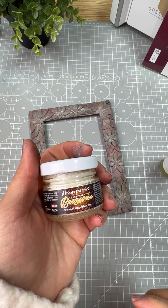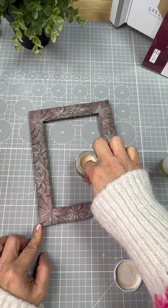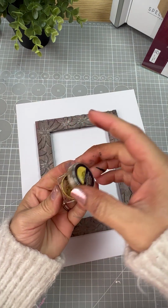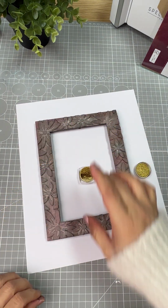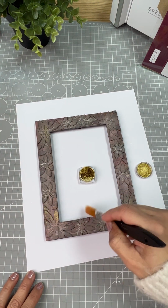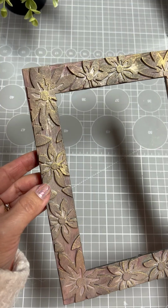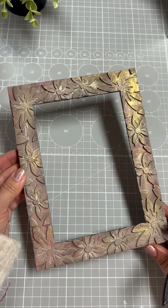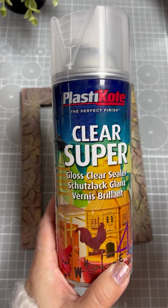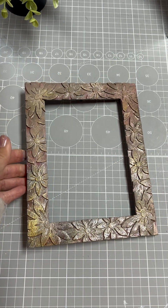This is Bee Wax by Stamperia. This smells gorgeous. And I just apply it with my fingertips all over the frame, and then I apply gold stardust using a brush. This will add some golden accents. To seal this, I'm going to use clear super gloss sealer. I did this off camera and outside, so you can see that glossy finish,